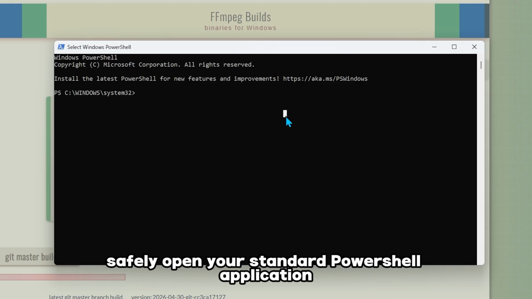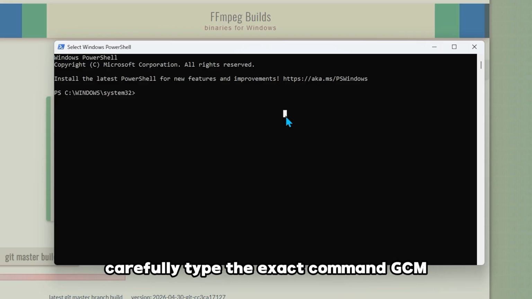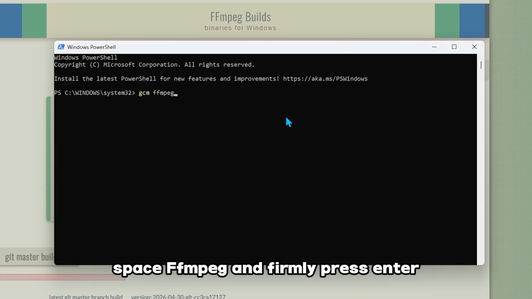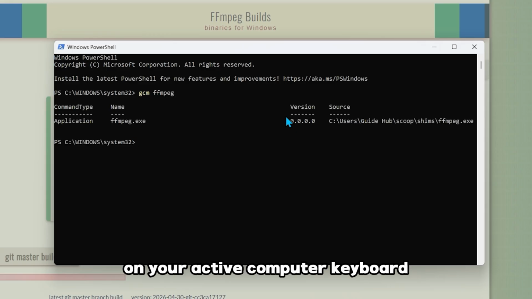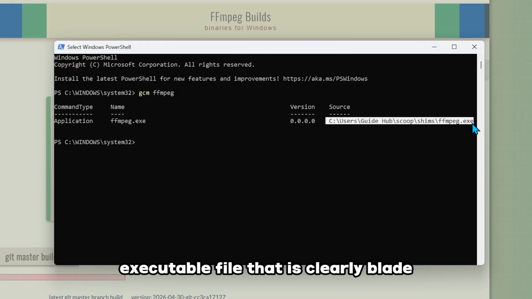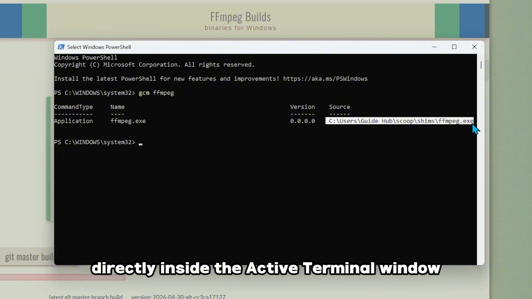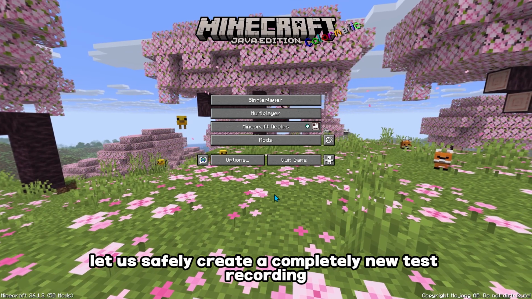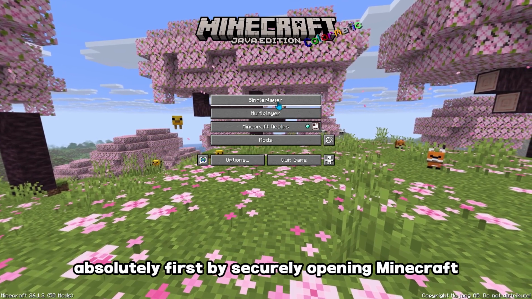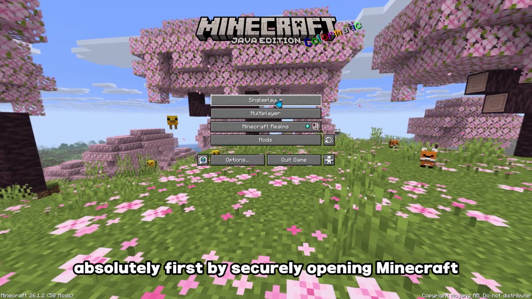Open your PowerShell application. Type the command gcm space ffmpeg and press enter on your keyboard. Copy the source path of your FFmpeg executable file that is displayed inside the terminal window. Let us create a new test recording first by opening Minecraft,